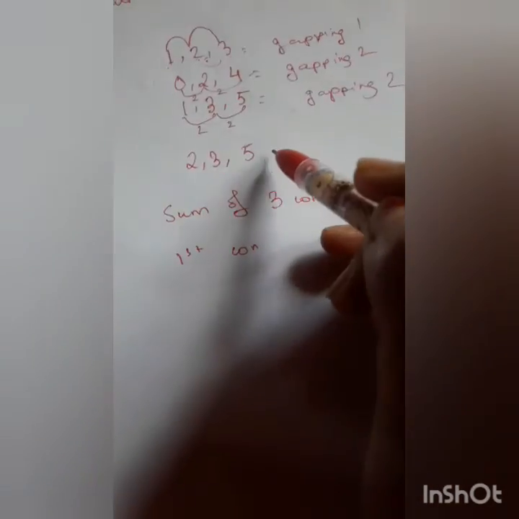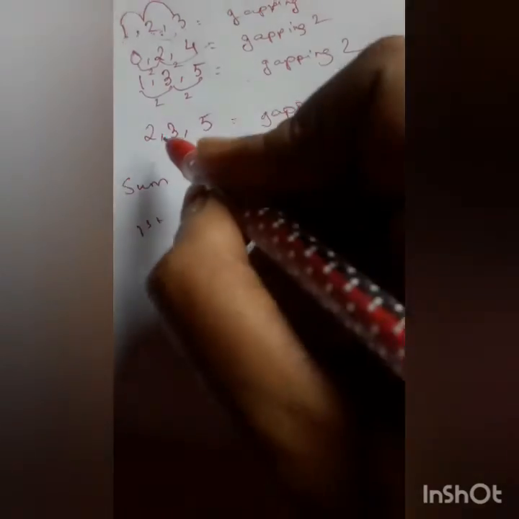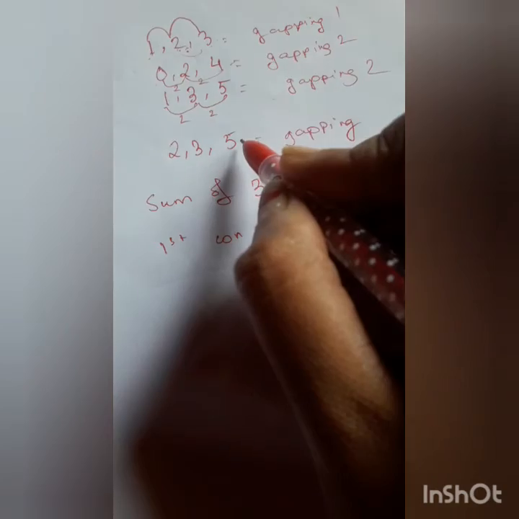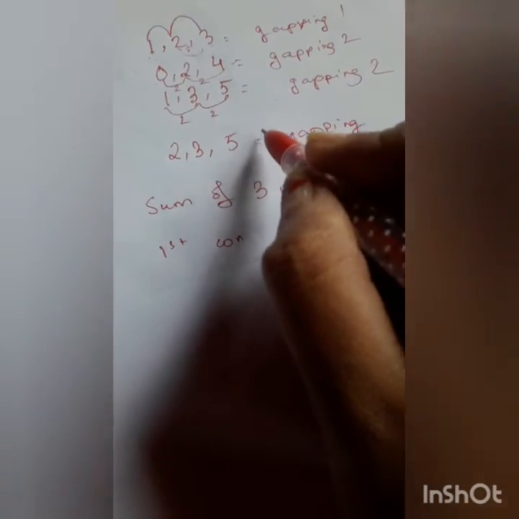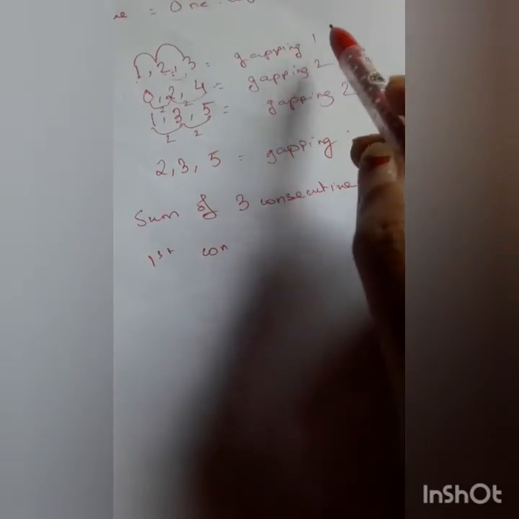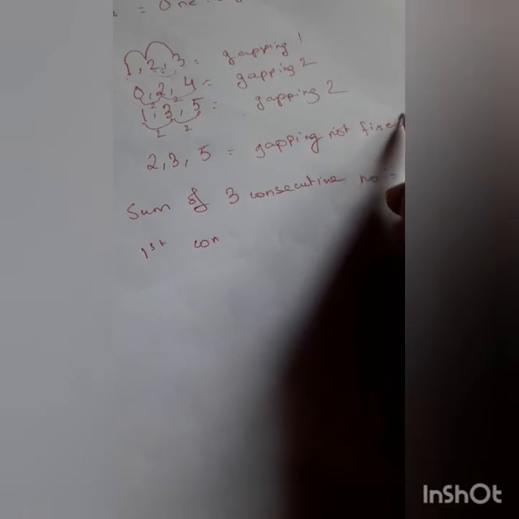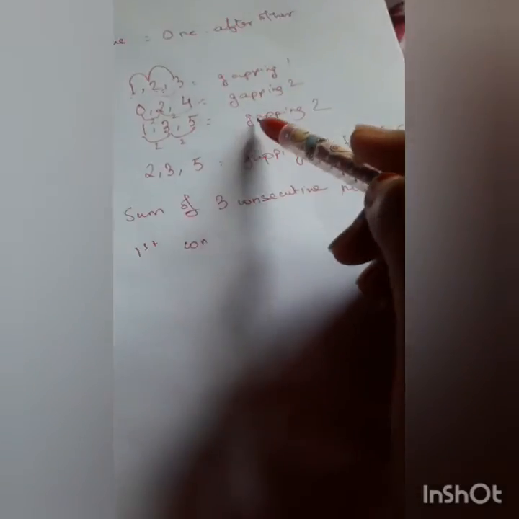Now in case of prime numbers, the gapping is not fixed. Because see, here it is 1, then it is 2, then after 5 you are going to get 7, then after 7 you are going to get 11. So that is a little bit different. It is not fixed unlike these. So here I will write gapping not fixed. This is not going to come in your current syllabus. Only just remember these 3 points.